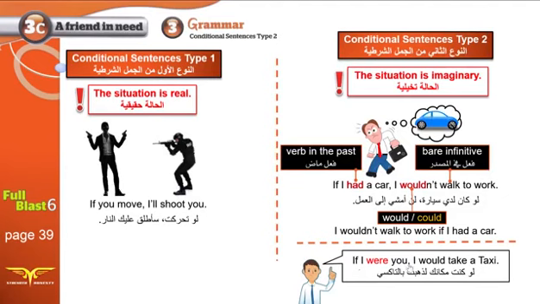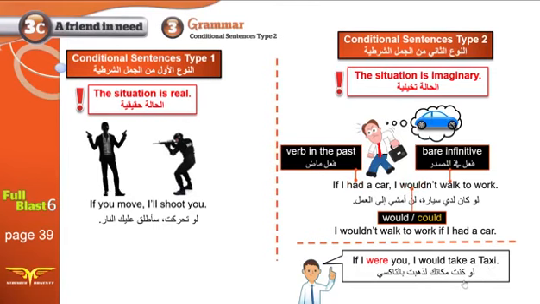Okay, the last thing, we can also use conditional sentences type 2 to give people advice using if I were you. Now we know that were is the past of the verb be. And we know that we use was with I, he, she, it. We use were with you, we, and they. But if you say if I were you, that means you are giving advice to somebody. That means if I was in your place, if I were you, don't say if I was you. No, that's wrong. If I were you, not if I was you. If I were you, I would take a taxi. This is advice. We're done.